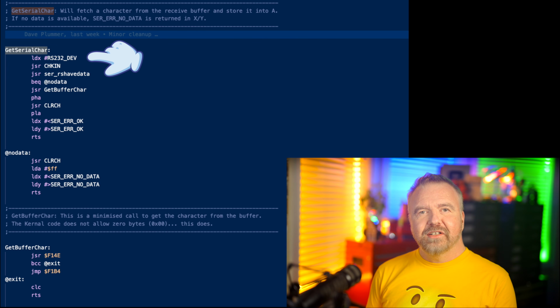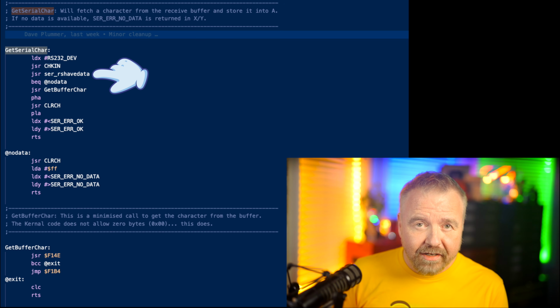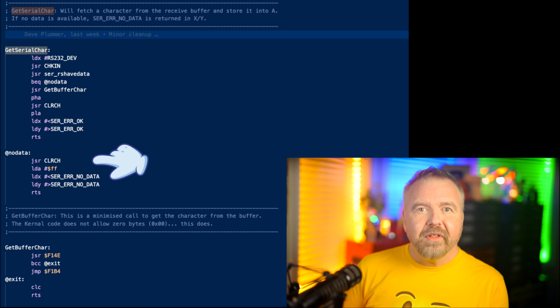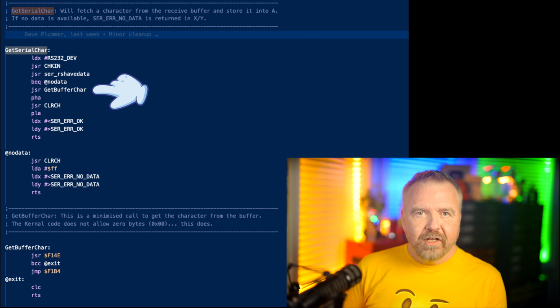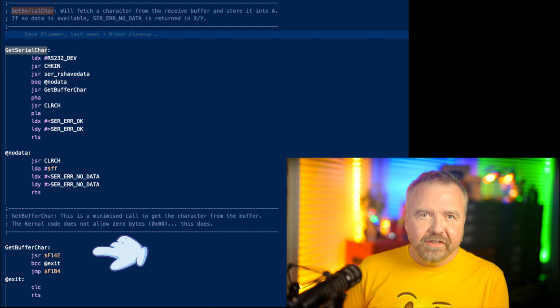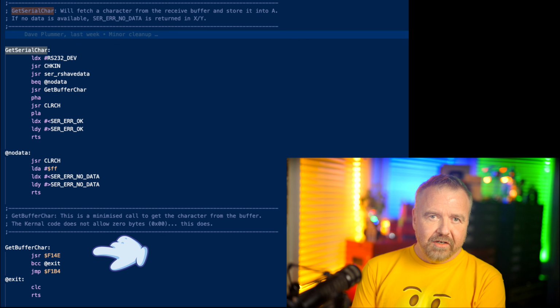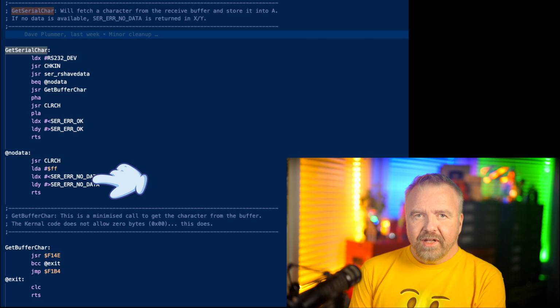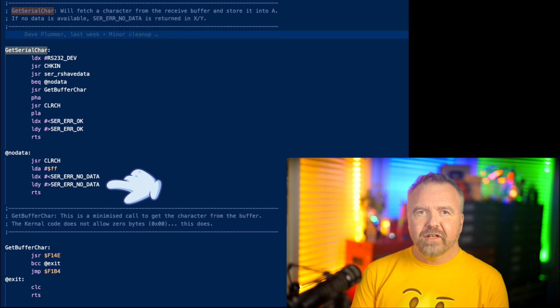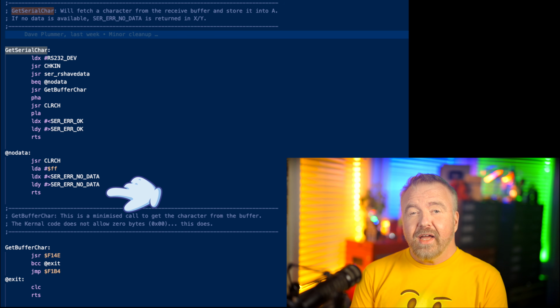It specifies the device ID, which is 2, as the current input device. It then checks to see if we have any data in the buffer, and if not, returns an error code. But if we do have data, we pull it out of the buffer and return it to the caller. We have to work around an oddity in the system kernel here that normally does not allow nulls to be returned, so we enable that here. Rather than relying on an in-band null to indicate no data, we now use an in-band FF combined with an out-of-band error code, so that both have to be checked before you can actually conclude that no data is available,